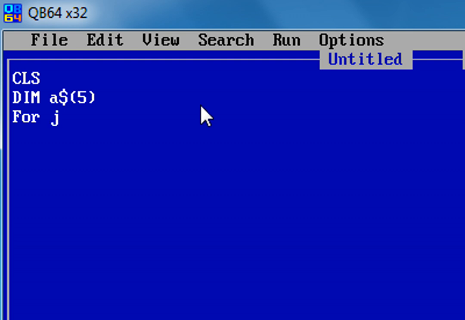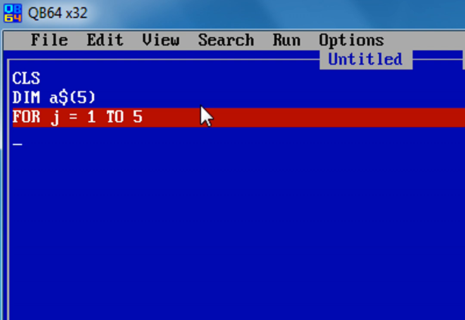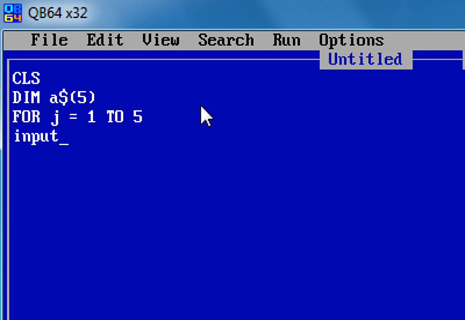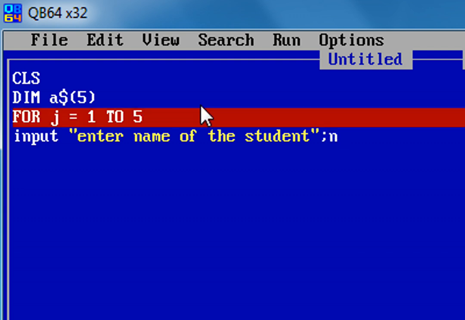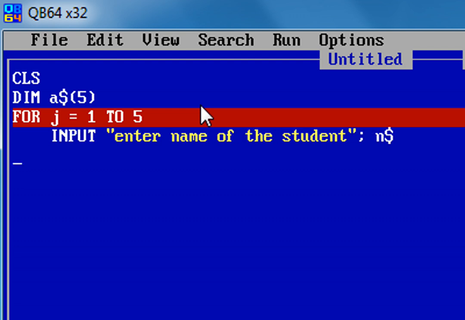So to input the 5 names of students, you have to introduce a for loop. So for j equals 1 to 5, you have to input and what? Enter name of the student. Yeah, that sounds cool. And store that name in n dollar. Okay, but there is a mistake. Since n dollar